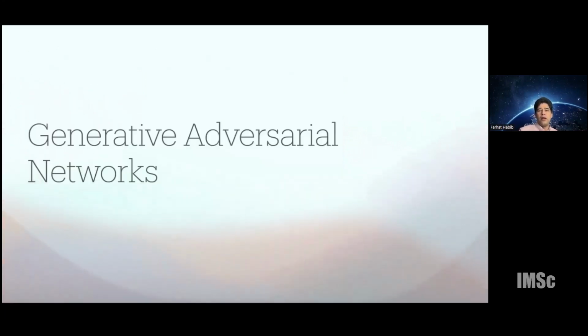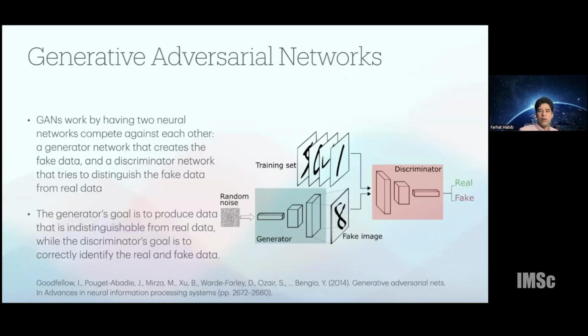Okay, so the next major development for generative AI was the development of generative adversarial networks. These were a major thing between 2014 and 2018 or so, when a large number of different kinds of generative adversarial networks were developed for a lot of different use cases. Generative adversarial networks, as their name indicates, have two parts to them. The generative part, and the adversarial part indicates that GANs work by having two neural networks competing against each other.